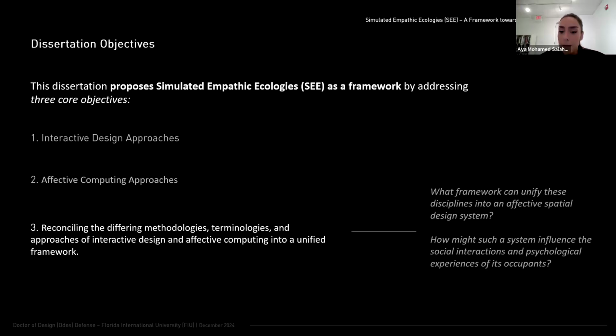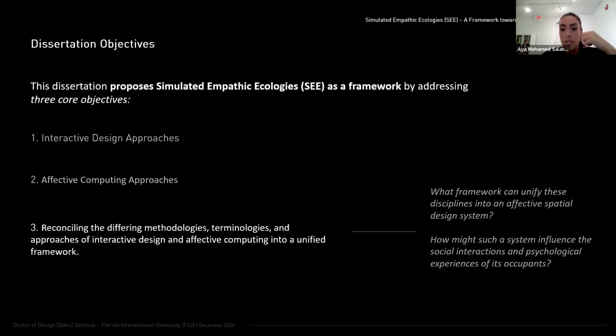No, it's all right. So yeah, the questions that arise from these approaches or objectives are: what kind of framework could unify these disciplines, and how might such a system influence the social interactions and psychological experiences of its occupants, as well as what approaches to interactive design could afford certain affectiveness to be integrated within it, and most certainly what affective computing methodologies would be able to interlace